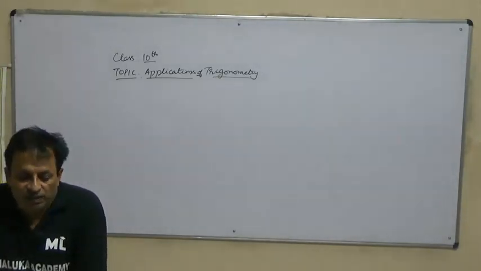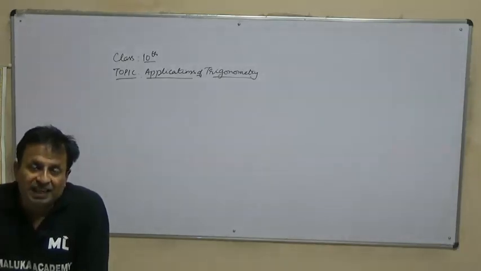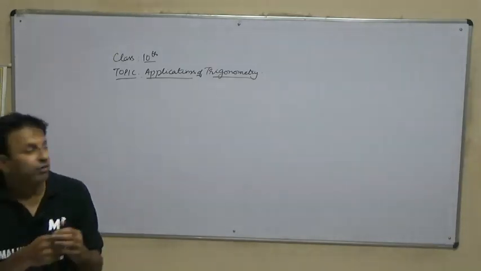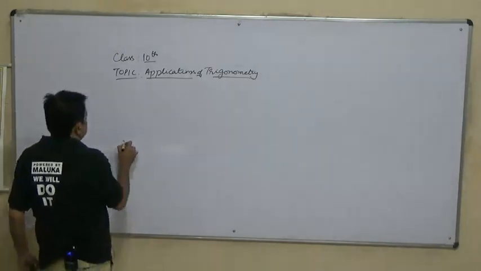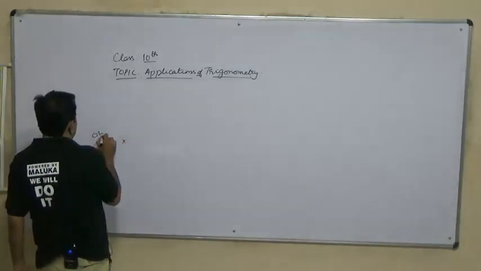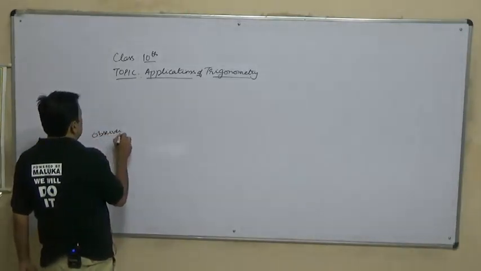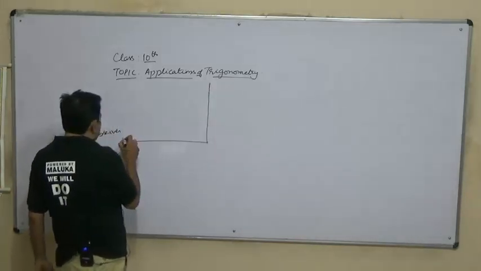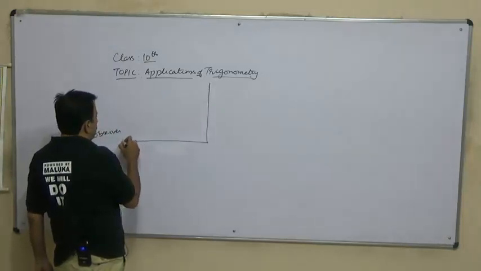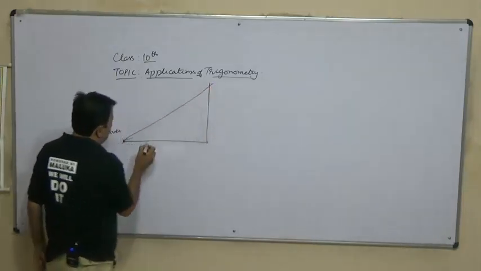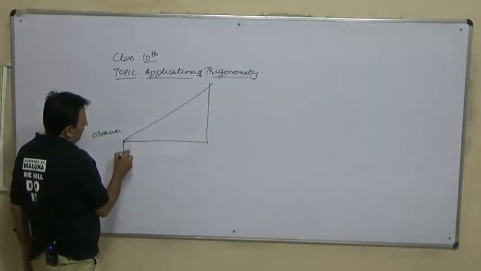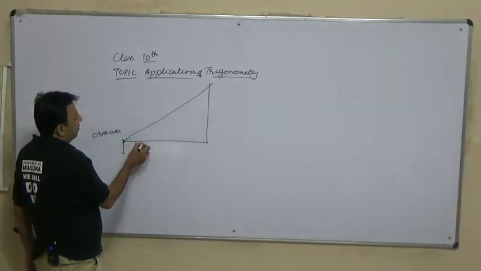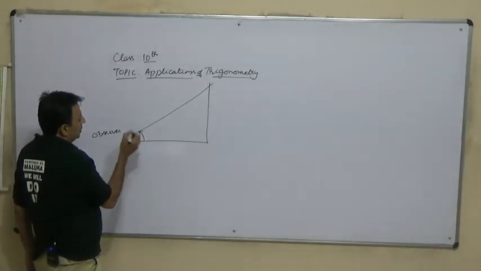So for this, we have to take the angle of elevation and angle of depression into consideration. For example, we are standing here. This is the observer, and this is some building which is high. If you want to see it, you will have to raise your eyes from this level. This is the normal level. This is a human being, and this is the normal level. We have to raise our eyes from this level to this level.